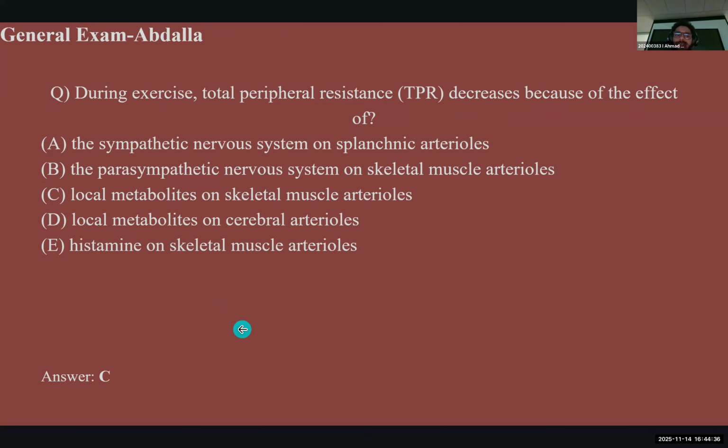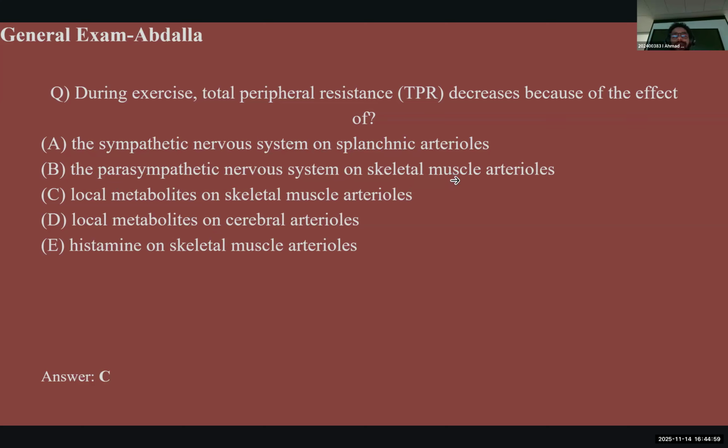We mentioned it earlier. The first reason to increase the blood flow would be ischemia. The second one is the metabolites such as adenosine, potassium, and so on. There's a couple of examples that Dr. Mooney had in his slides. Now, sympathetic nervous system, that would be constricting. It's not going to decrease the resistance. That would increase it.